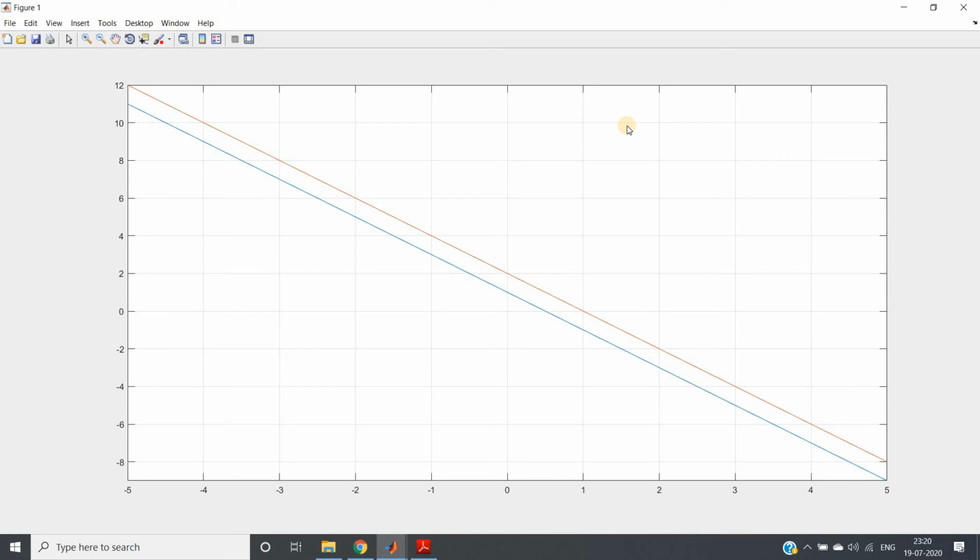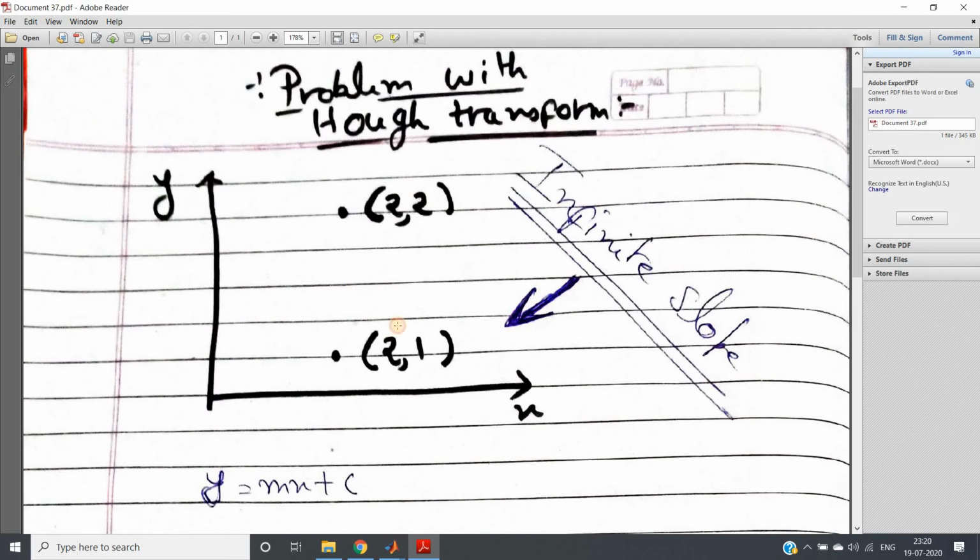As a result we cannot find any intersection point of these two straight lines, and here is the problem. In case of Hough transformation, we try to find the intersection point of those two straight lines, and that is our solution. But here these two straight lines are parallel, that means they will not intersect anywhere, so we will not find the m and c value which connects these two points. So using Hough transformation we would conclude there is no such straight line possible which can connect these 2 points, or disconnected edges, in our image.